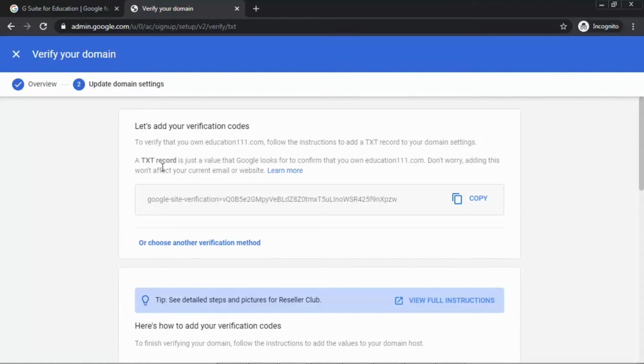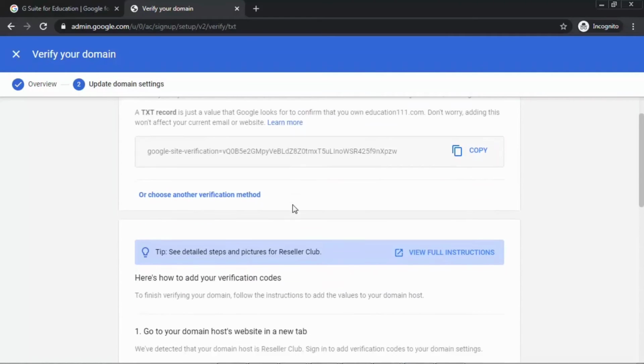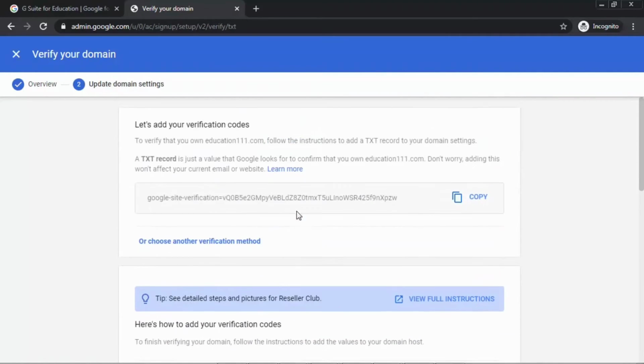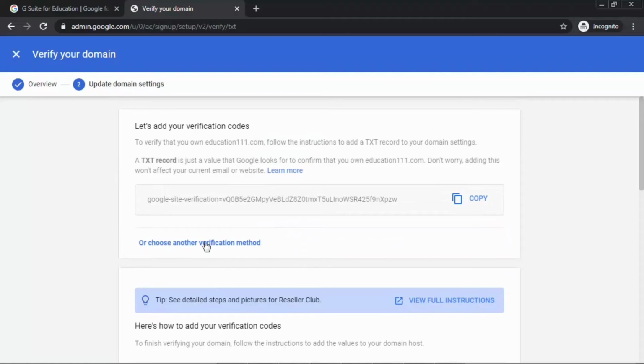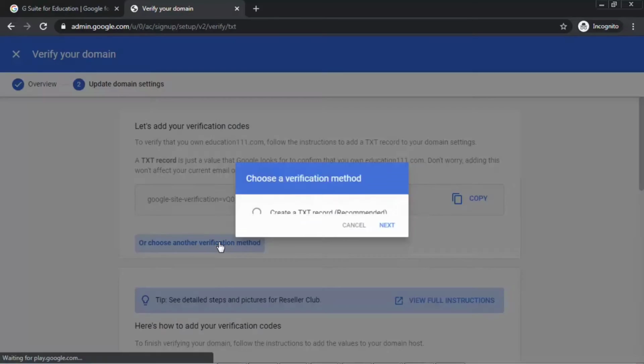A text record is just a value that Google looks for to confirm that you own this domain name. All you have to do is copy this, or you can choose another verification method. If you are finding it difficult, you can choose another method.